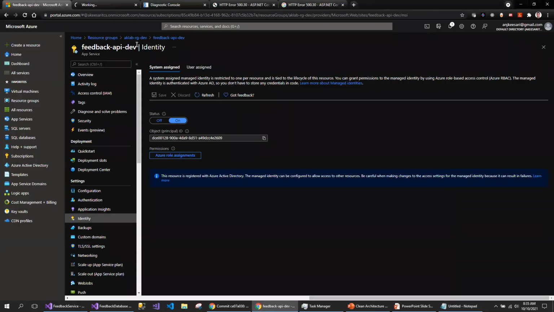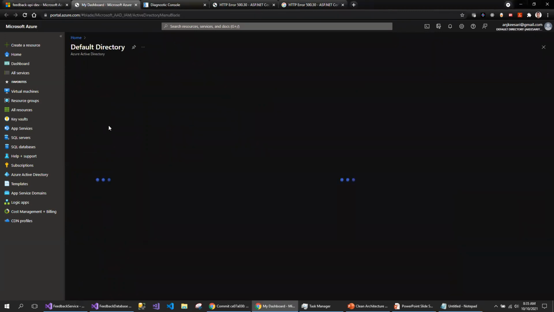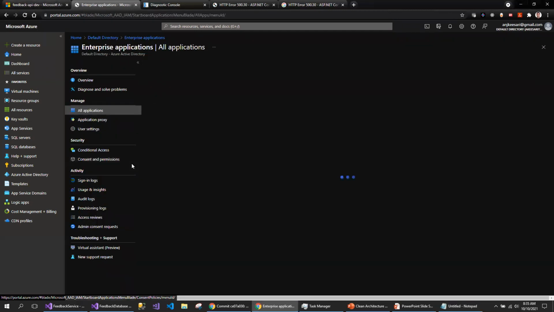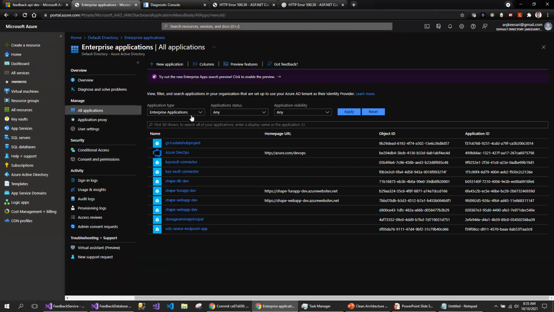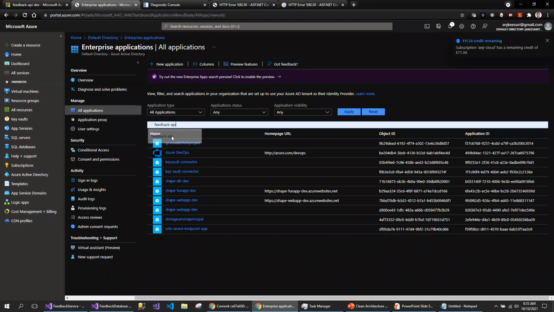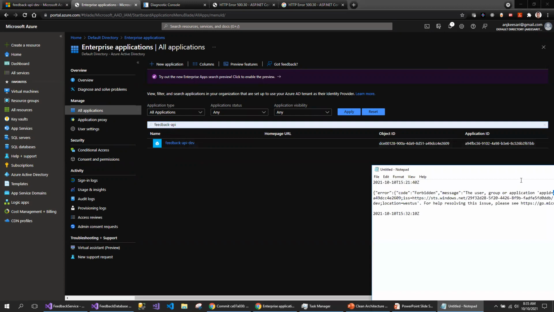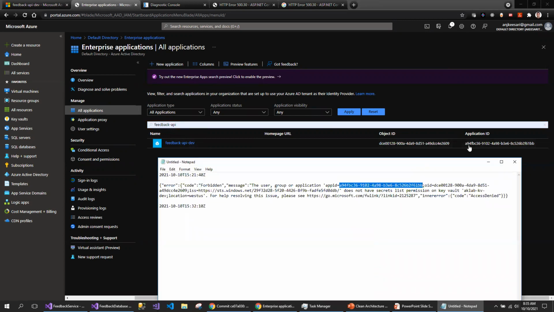With the same name as this service, Feedback API Dev, I should be able to see the app registered under the enterprise applications. So I'm going to search for feedback API dev, and this is my application ID, which I can see in my error.